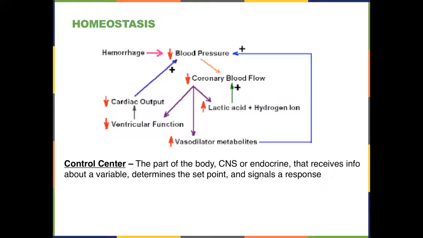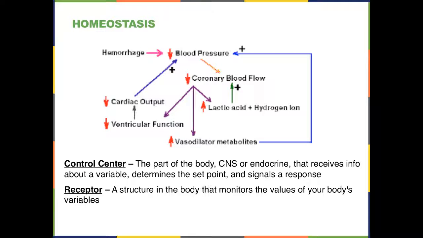Now, in order for the homeostatic mechanisms to work, you have to have certain parts that are functioning. The first, as I've alluded to a couple of times now, is called the control center. The control center is the part of the body, usually either the central nervous system or the endocrine system, and both can work together in some situations, that receives the information from the receptors about the variable. It then looks at that information in relation to the set point and signals a particular response to the effector